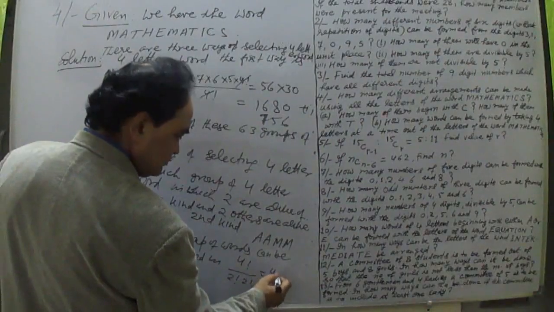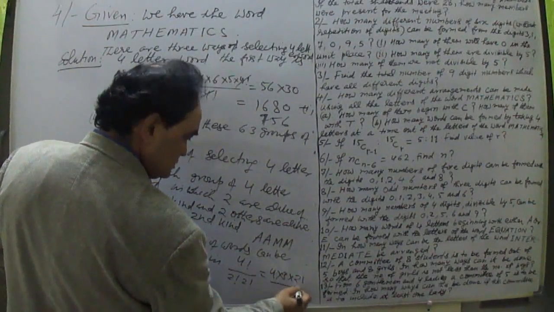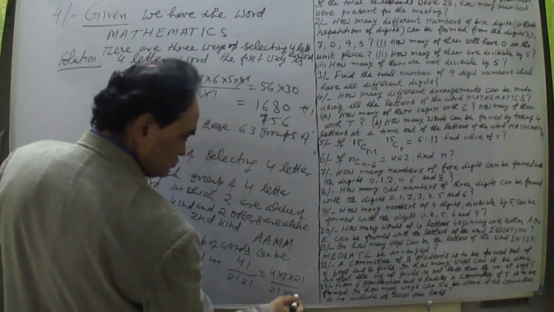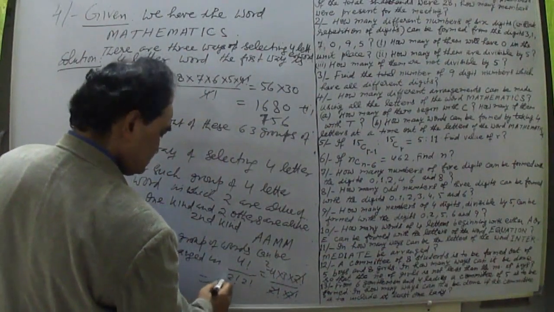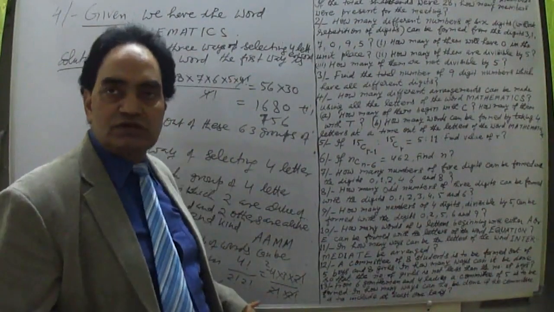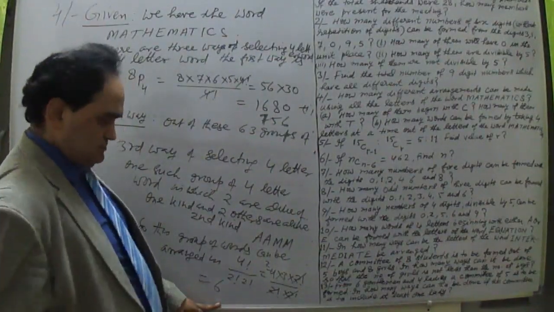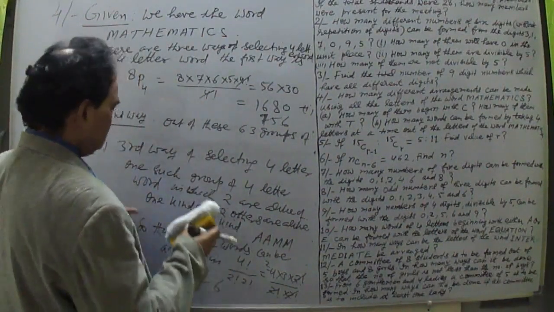So this is factorial 4 into 3 into factorial 2 divided by factorial 2 into factorial 2. So the 2s cancel out, 2 threes are 6, so this is 6. So 6 into 3 is 18. So such kind of groups, such kind of words will be 6 arrangements, and there were 3 groups, so 3 into 6, total 18